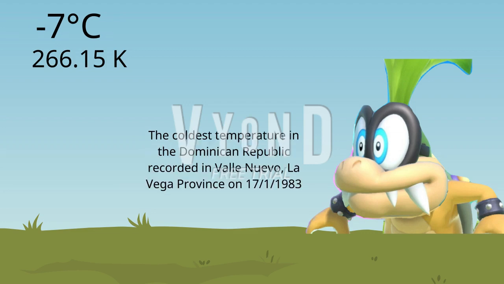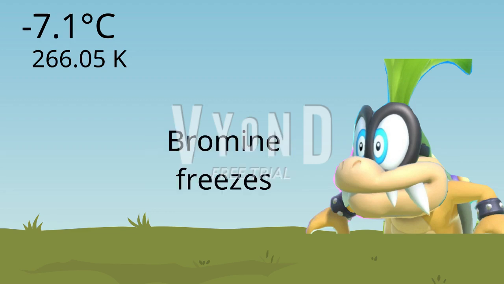The coldest temperature in the Dominican Republic is -7 degrees Celsius, or 266.15 Kelvin, recorded in Valdivo, La Vega province on the 17th of January 1983. Bromine, a liquid nonmetal that can be produced at approximately 500 million kilograms in a year, at atomic number 35, freezes at -7.1 degrees Celsius, or